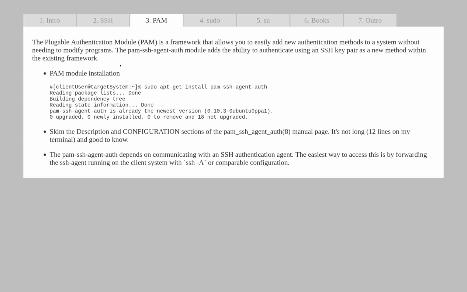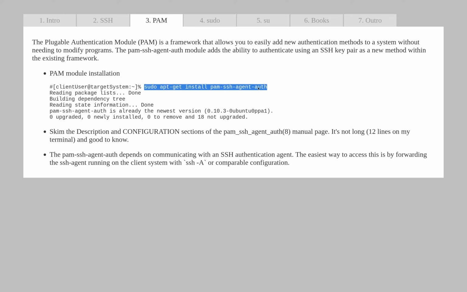The advantage being, if you want to add a new type of authentication, Kerberos if it was the 90s, or tonight you want to add SSH key authentication, you put a module on the system and you tell programs to use it. You don't have to have program source code. You don't have to recompile or relink. You plug it into the framework called PAM, tweak some configs, and you're using your new authentication. So to do that,